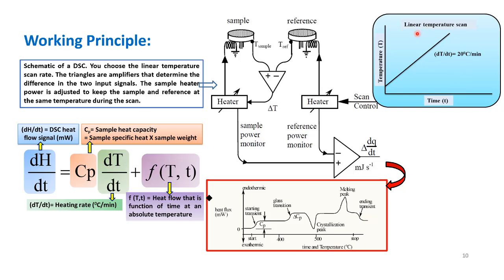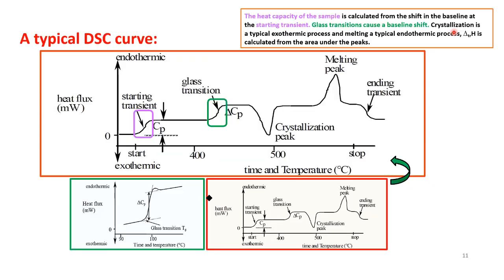And if it is in a linear range, then in that case we can plot it like this between the temperature and time. So we are increasing the temperature with the time at 20 degree centigrade per minute. So with every minute the 20-degree rise will occur. So it is a linear temperature scale basically. So yeah, again same thing.